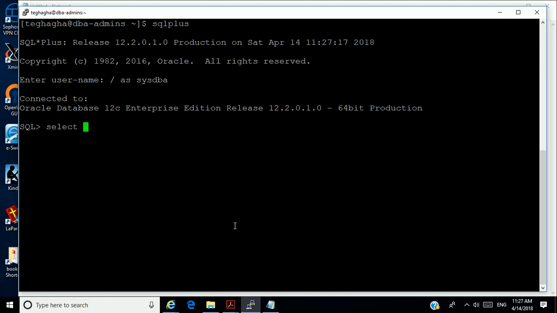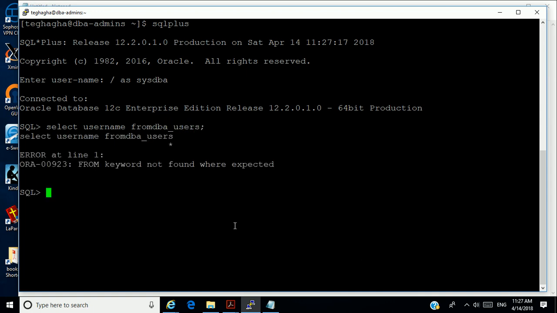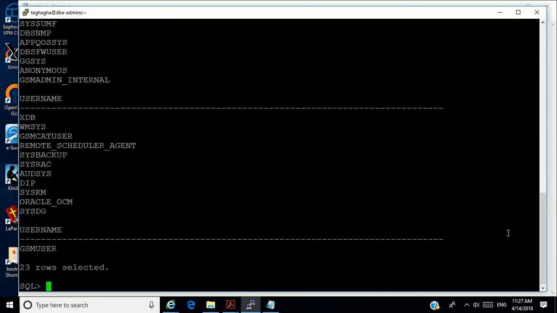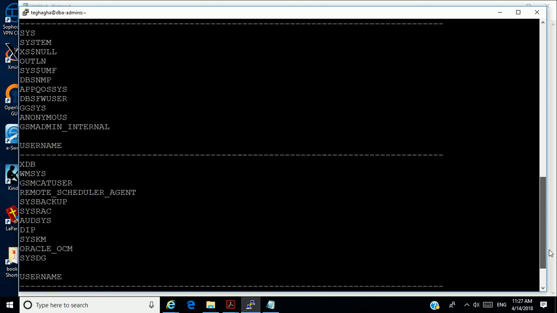Select username from DBA_USERS. I'm just trying to see whether I have any. Okay, I can see I don't have any user-defined objects.